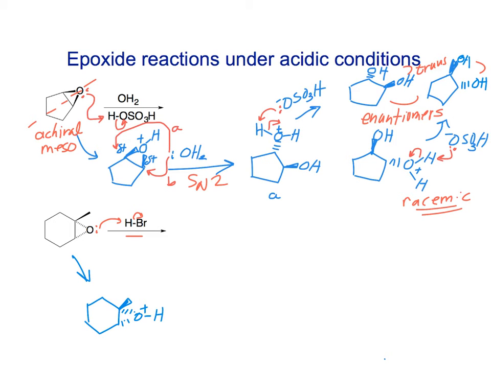To get to this intermediate. Now in our second step, bromide can react with one of the two carbons of the epoxide ring. But notice that in this case, those two carbons are unequally substituted. The one on the top right here is more highly substituted than the one down here because it has